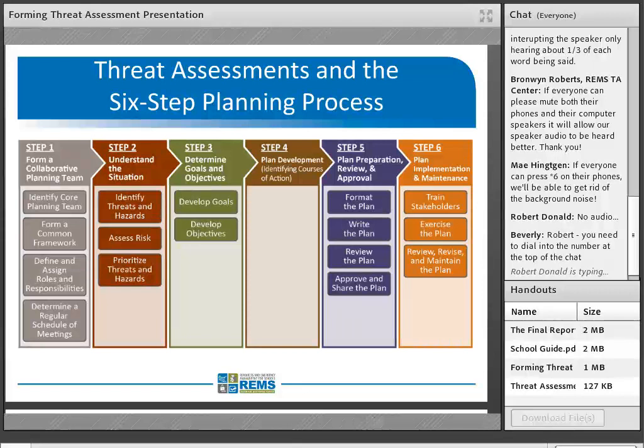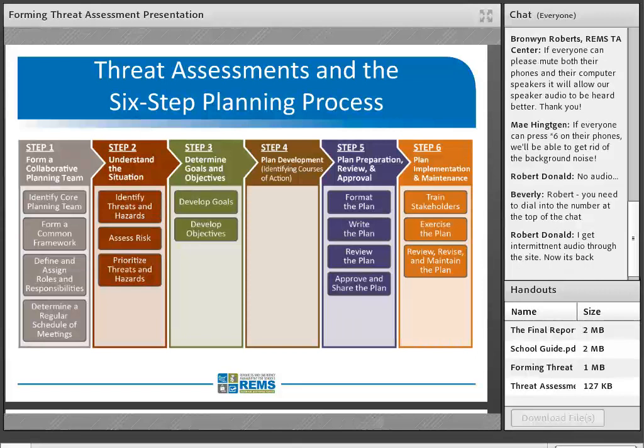Or review components of them. The 6-step planning process, which is shown on your screen, involves the following. Step 1, form a collaborative planning team, where a planning team is established with representatives from the school, district, community partners, and other stakeholder groups, such as parents, guardians, or students. Step 2, understand the situation. Planning team lists threats and hazards to the school and surrounding community, assesses those risks, and prioritizes them for inclusion